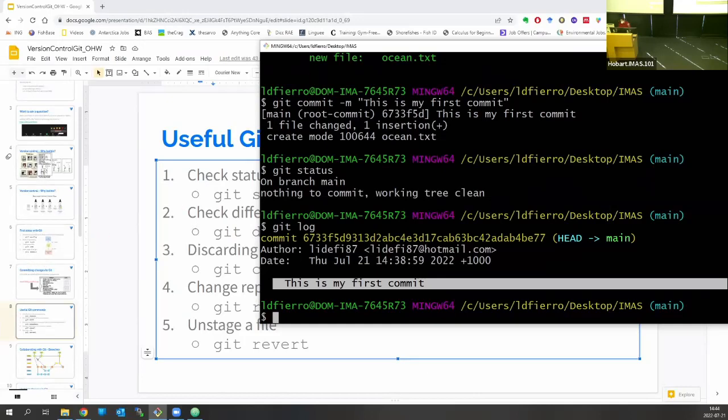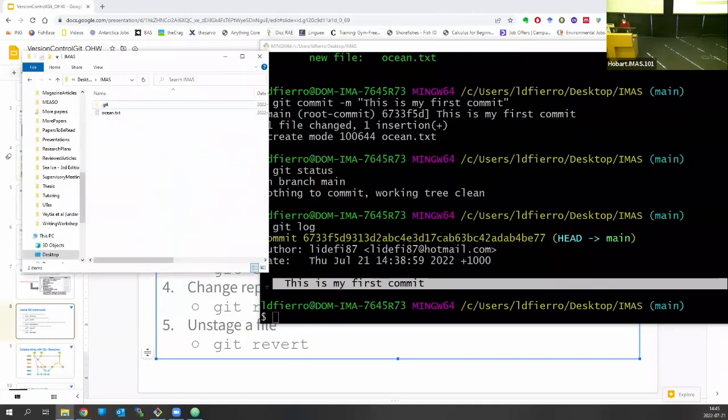If I was sharing this with someone else, then it would have multiple commits, and it would tell me who changed what at whatever point in time. So before that, I'm just going to show you how we can keep tracking changes. So if we go back to our little text file here,